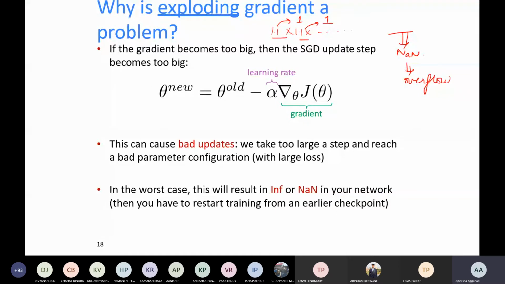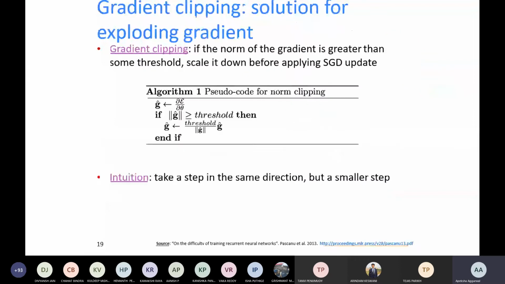So let us see how. This is gradient clipping. In gradient clipping, they are basically reducing the gradient. Whenever the gradient reaches a high value above a threshold, let's say the threshold is 1, if my gradient is greater than 1, I will clip it. I will reduce its value by dividing it by some value and multiplying it. So it is basically changing the scale of this gradient. This is gradient clipping.